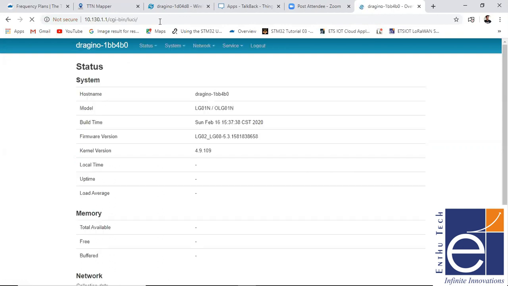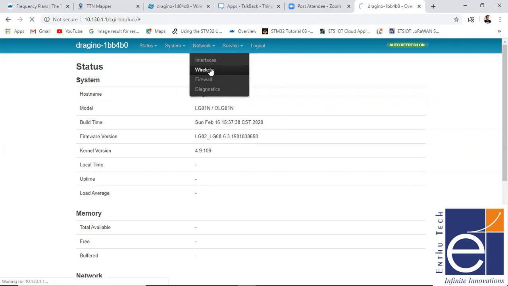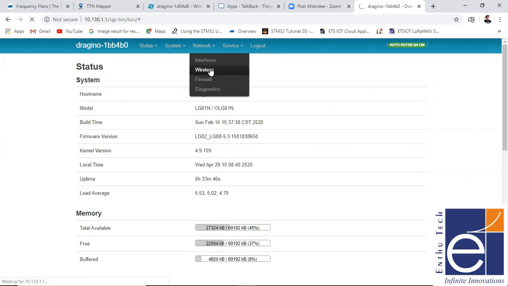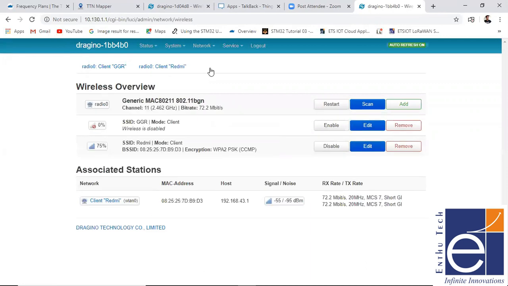So after login, first of all, we need to set the wireless settings. I already said that in our gateway we can give internet access in three ways. One is the direct WAN port, so you can connect one of the Ethernet ports directly to your router, and the other end to your gateway. It also has a SIM option, so you can put a SIM in the gateway and configure for that. Another option is Wi-Fi. Now I'll show the Wi-Fi configuration for this page.